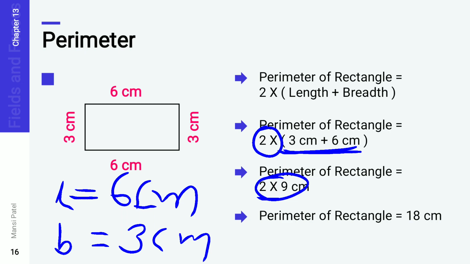In both the ways your answer is same. If you are using the general formula, then the answer is same, and if you are using the formula to find out the particular shape, then it is also right, correct. But the steps and the mistakes which are done by your side, that should also be minimized. Let us see one another example.